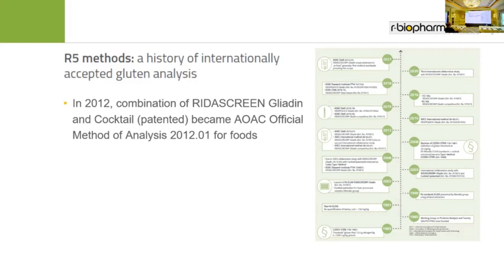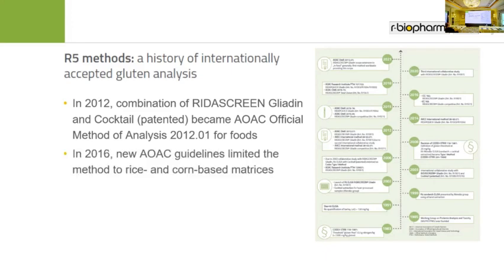At this time there was no definition of foods. Typically all methods detecting, for example, gluten or also allergens from food samples were defined as being able to detect an analyte from food. However, the AOAC decided to change this policy. In 2016, new AOAC guidelines limited the method, the R5 ELISA from R-Biopharm in this case, to rice and corn-based